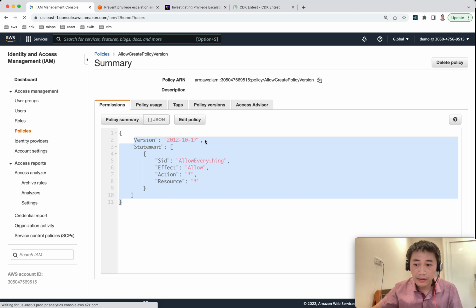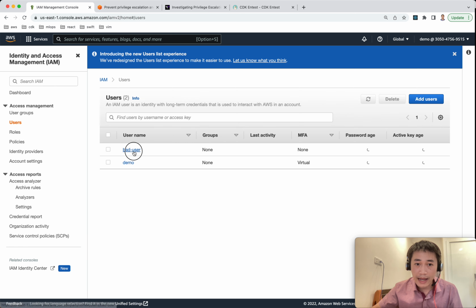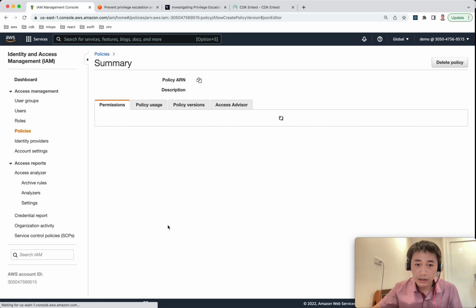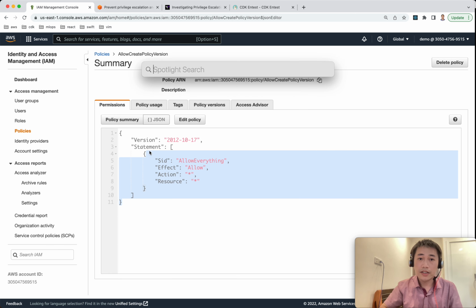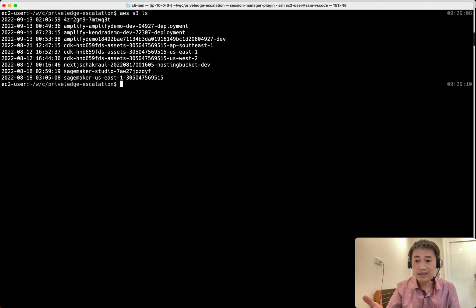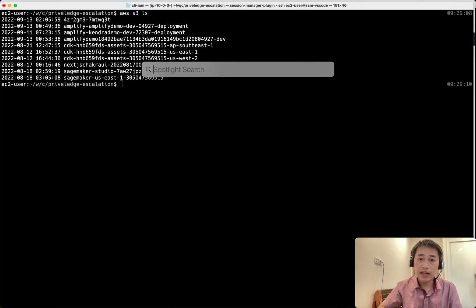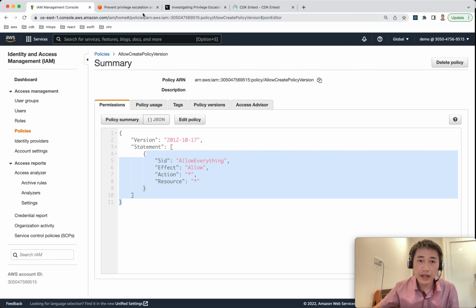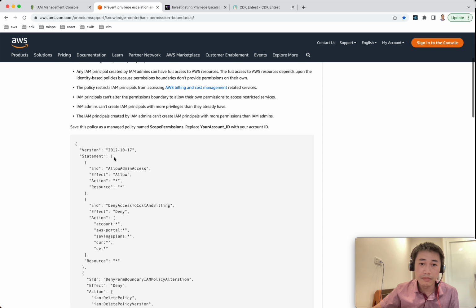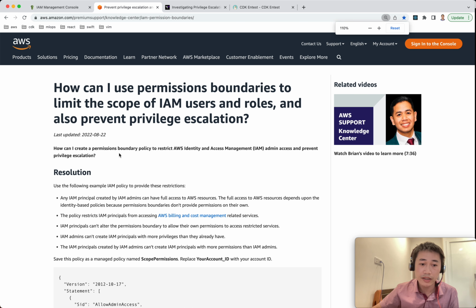Let me double check the bad user and permissions. Yes. So that's it, right? And to prevent it, we have to use permission boundaries. This is the permission boundary from the official document, and